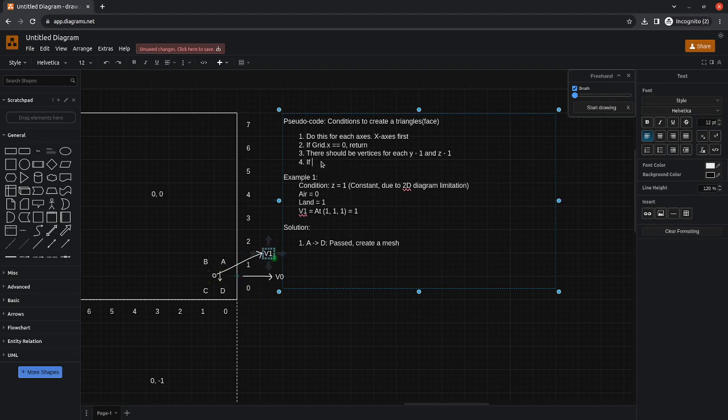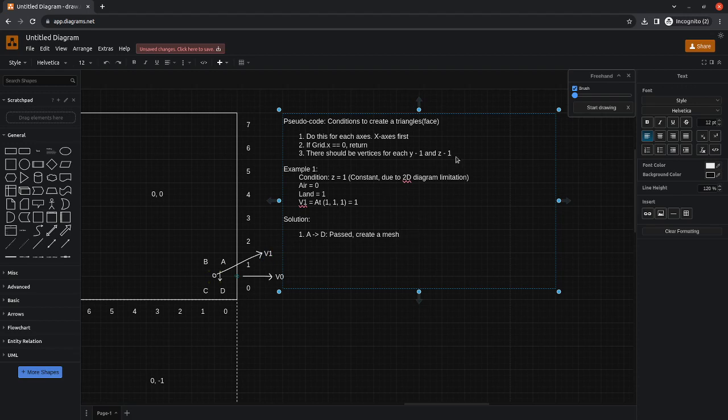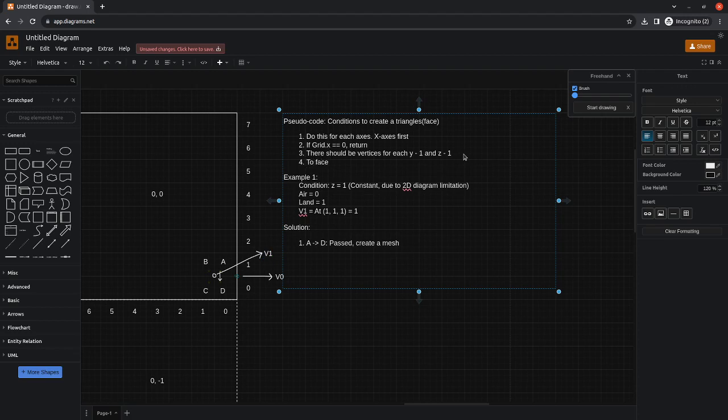So this one, if 0, no, face left, to face left, we, no, if that's coord, just coord, just call it coord, okay? If coord